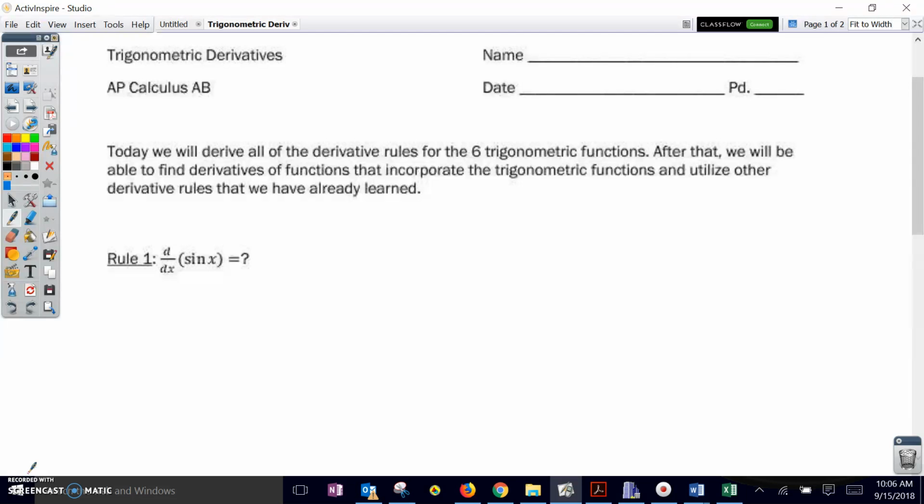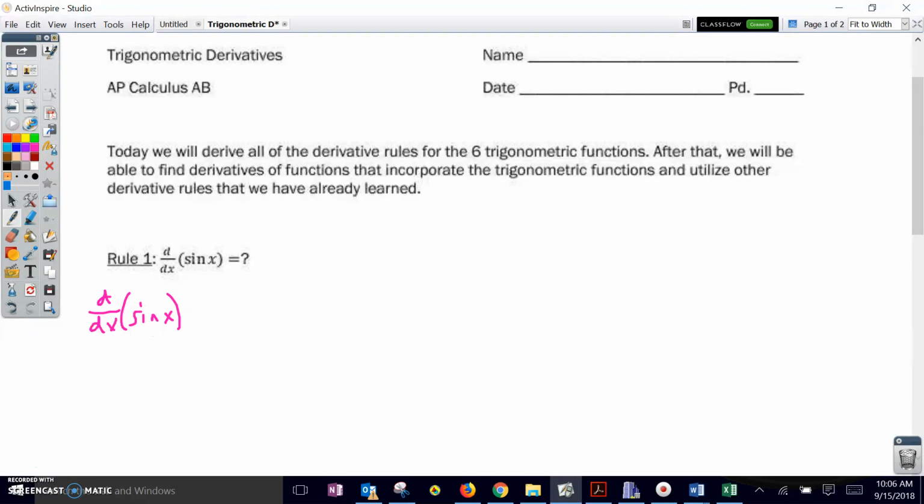We're going to start by developing the first two rules, the rule for the derivative of the sine of x and the rule for the derivative of the cosine of x. We're going to do both of these using the limit of the difference quotient in order to derive the rule. So when we want to find the derivative of sine of x,